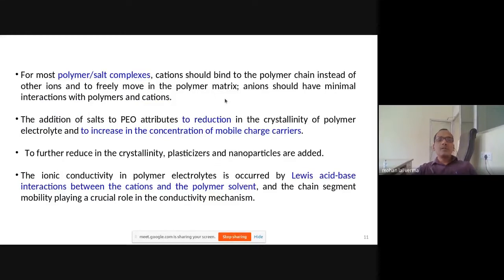In most polymer salt complexes, cations should bind to the polymer chain instead of other ions, and they are really bound to the polymer matrix. Here I would like to mention that various experimental as well as theoretical studies have been performed and are continuously being performed, where materials are prepared and studied by using different tools. There are several methods of preparation of materials, and for characterization, especially